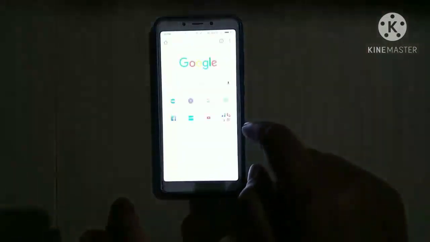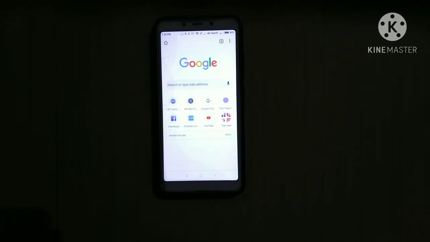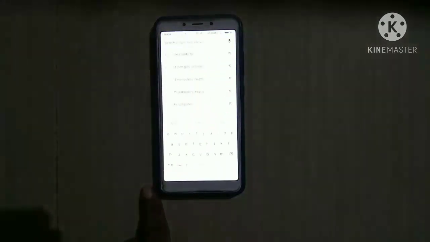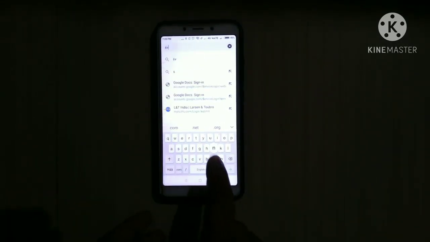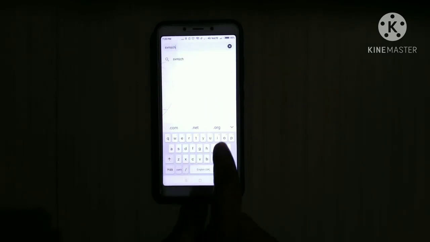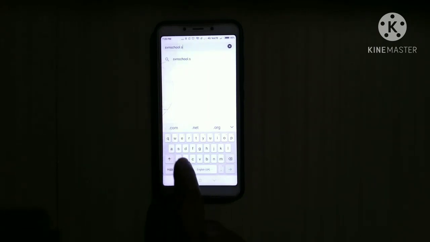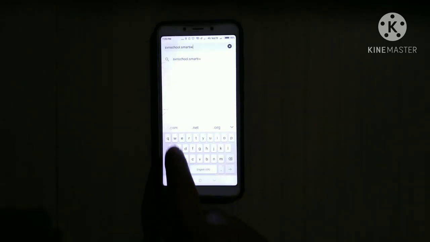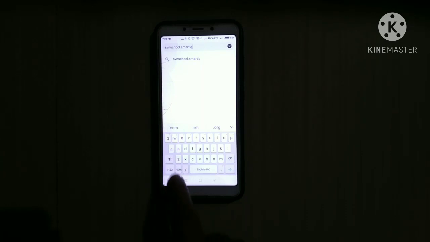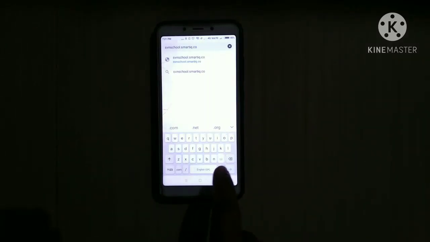Okay. Then here I open the Google Chrome. Now I will type the website address. What is that website address? Just remember this: SVN School dot smart IQ dot co dot in.